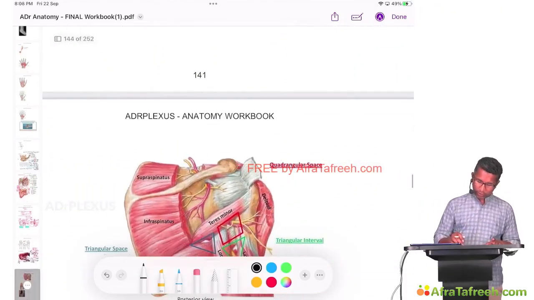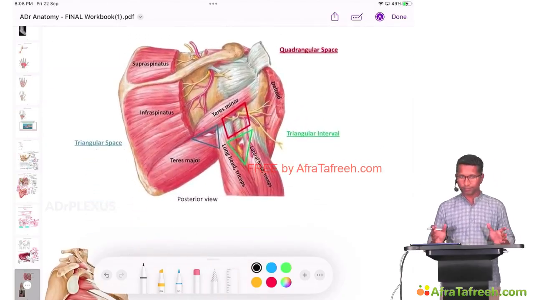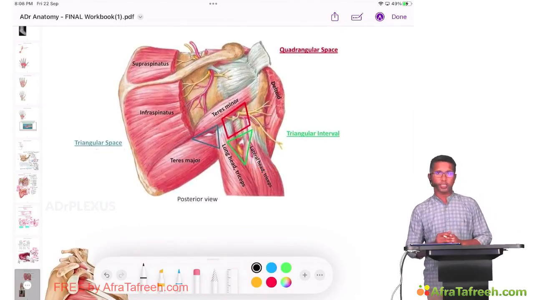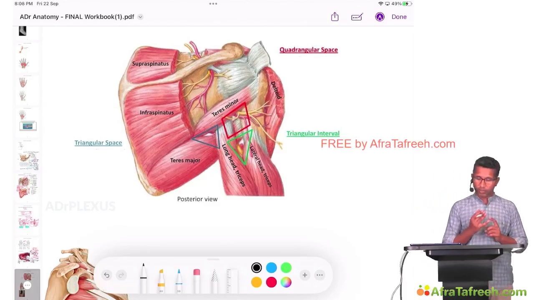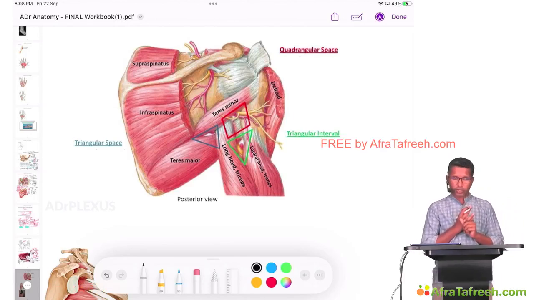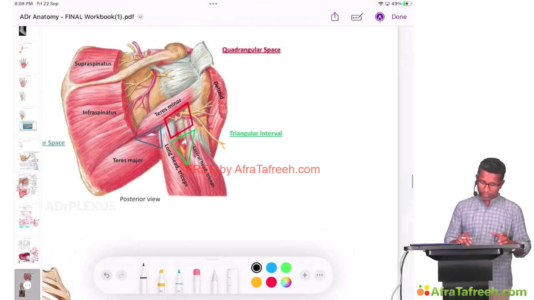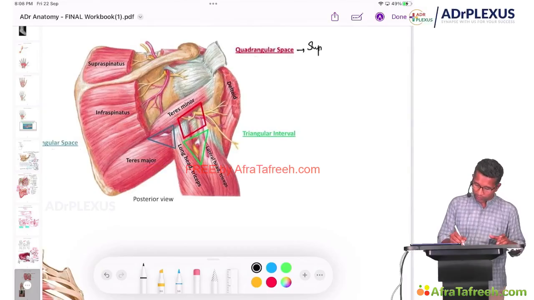Okay, fine. Coming to the next topic. I think we have discussed a lot about this. I think there is no need to discuss the spaces of the scapular region. We have discussed the quadrangular space, the upper triangular space, and the lower triangular space. Just to have a recap, the quadrangular space is bounded